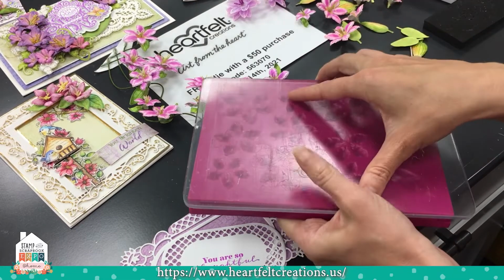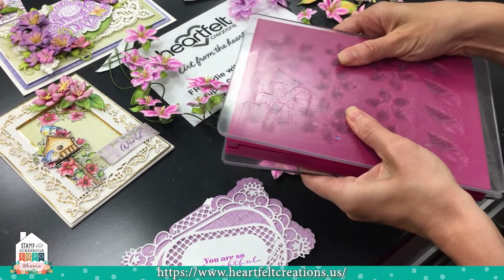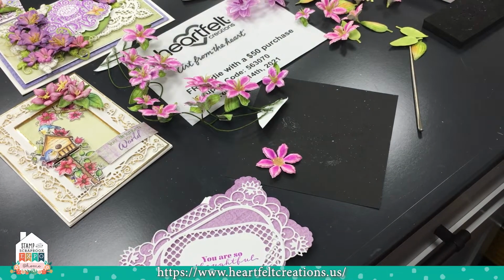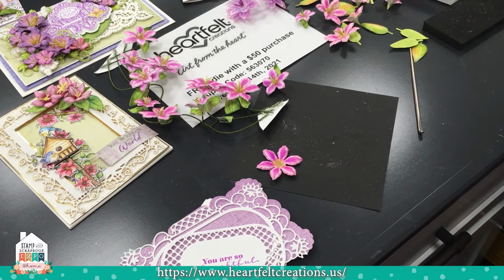So we'll just put the two clear plates. Most machines, that's what the sandwich is going to be, is the two clear plates. Run it through. While this was running through, we're going to take a look at the special savings. Hang on a second. My machine seems to be a little bit...